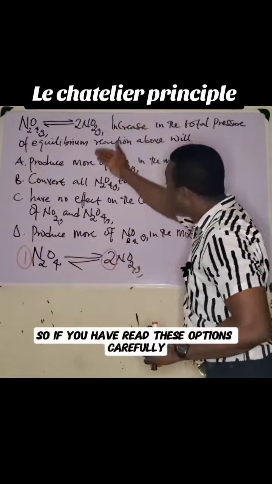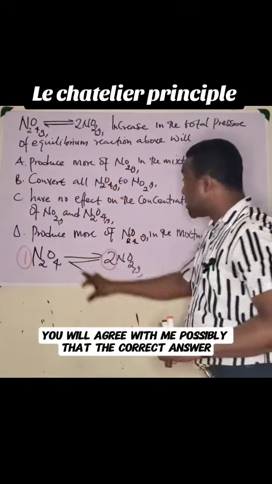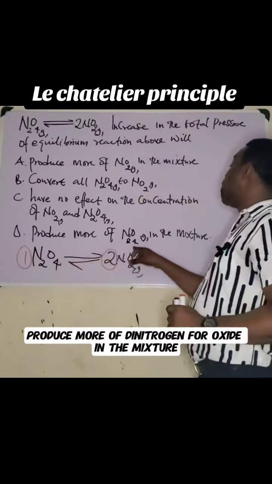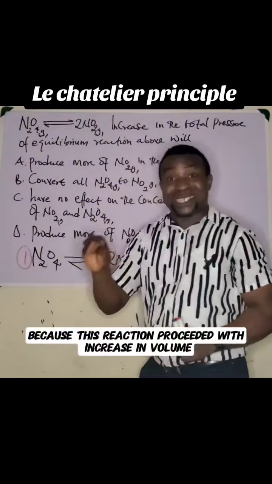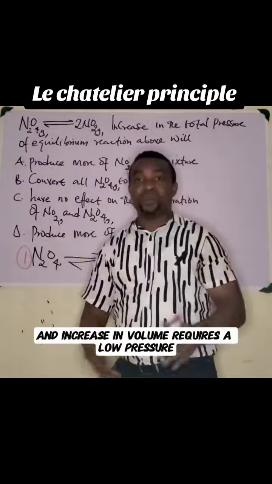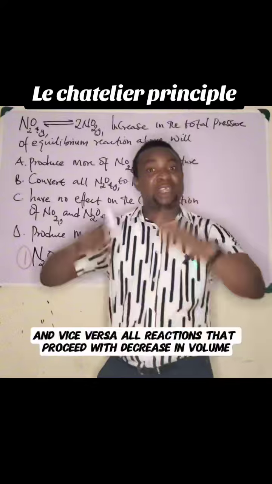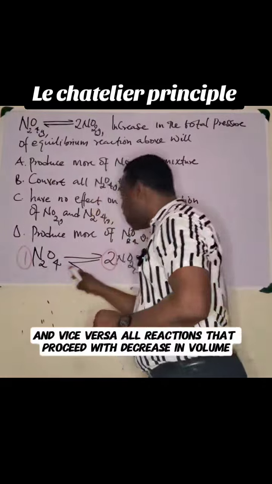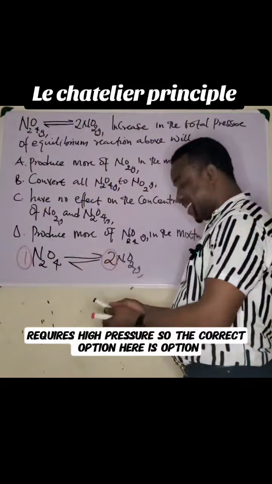So if you have read these options carefully, you will agree with me plausibly that the correct option is produce more of dinitrogen tetroxide in the mixture, because this reaction proceeded with an increase in volume. And an increase in volume requires a low pressure for a favorable forward reaction and vice versa, while reactions that proceed with a decrease in volume require high pressure. So the correct option here is option